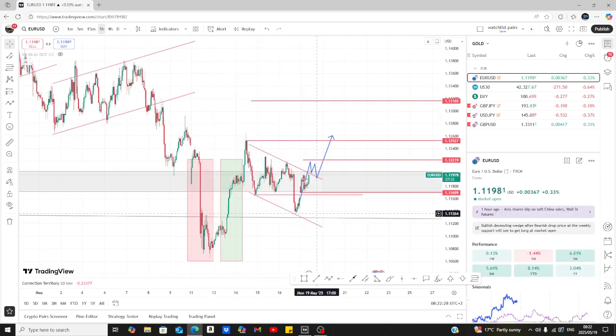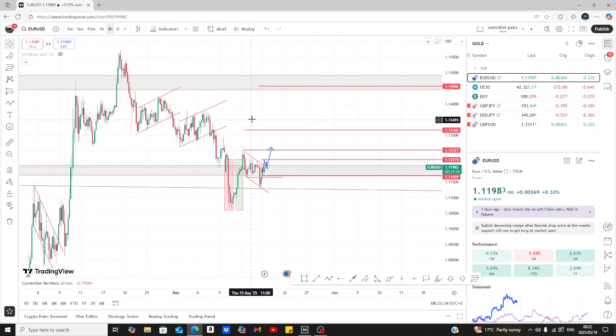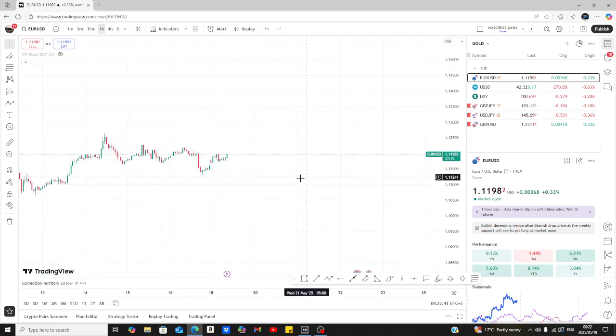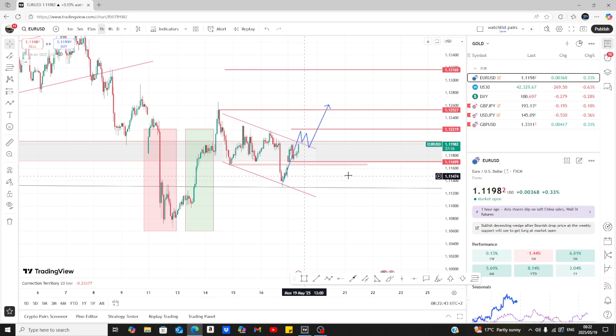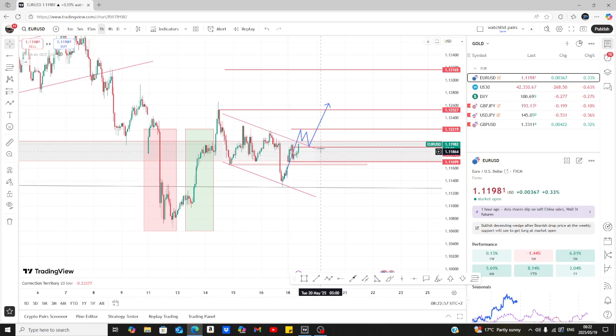One thing to take note of is that you may have an analysis or outlook, but the market is always changing. It's never what you think it is. Sometimes you may be right, sometimes you may be wrong. One of the key things to look for to avoid bad trades is to just wait for your setup. So if this setup does not present itself, we will not enter a buy right here, or we will not enter a buy as soon as the breakout, because it's very easy for price just to give us a sort of